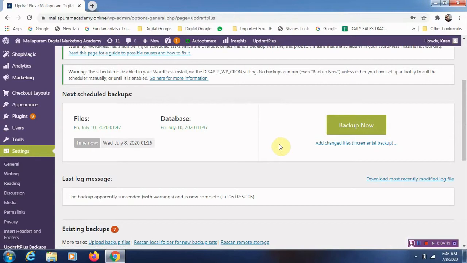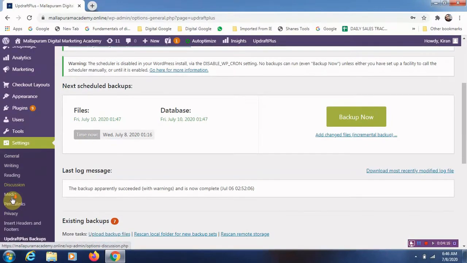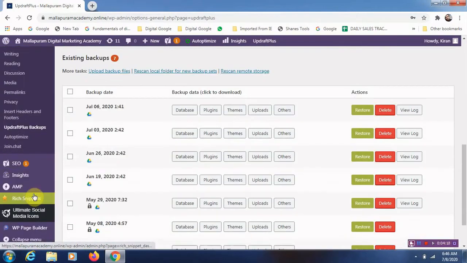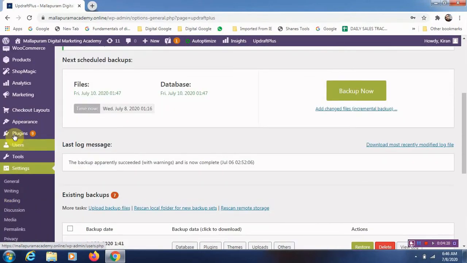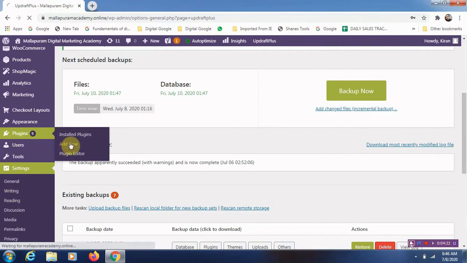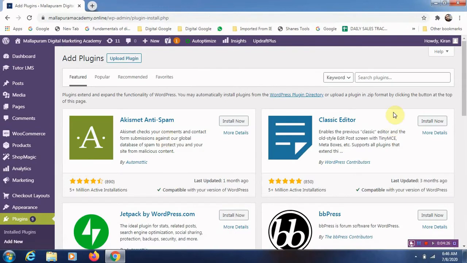So let's look at how to add WhatsApp chat to our website. Again, we need to go to the plugins. Let's go to the plugins, go to add new plugins, click here, WhatsApp.